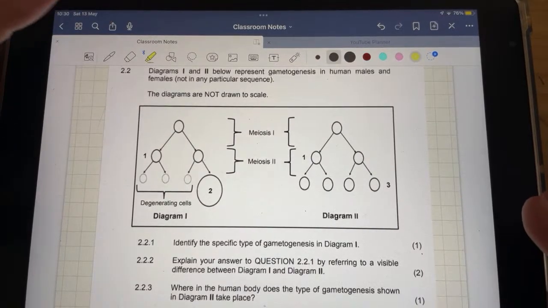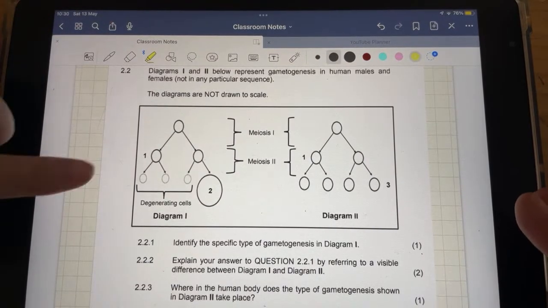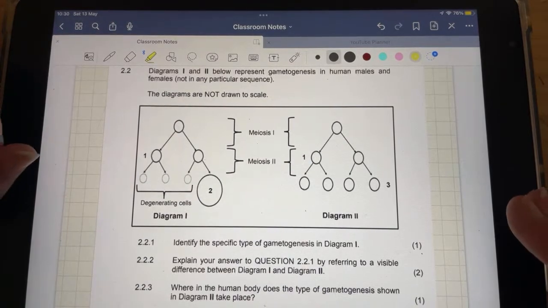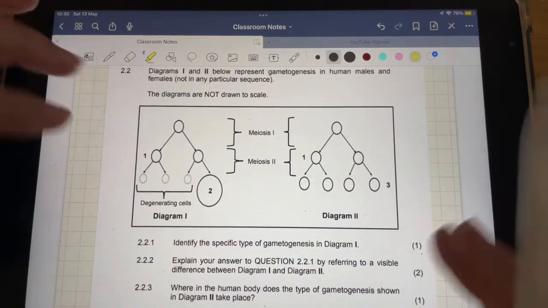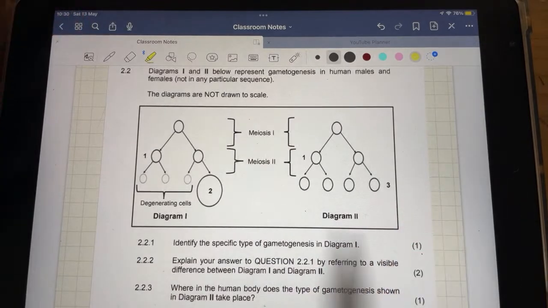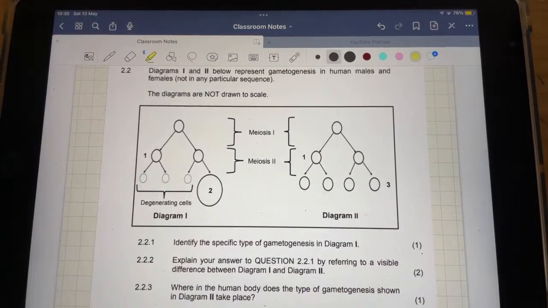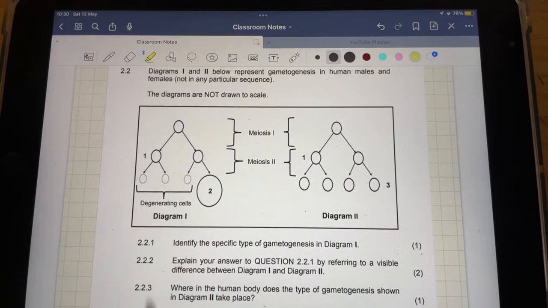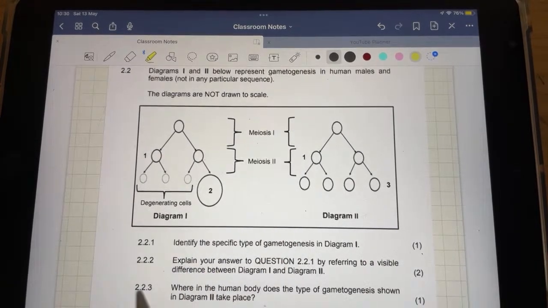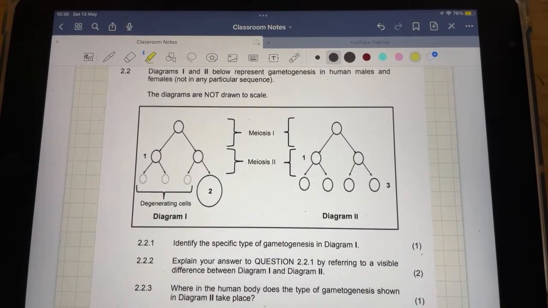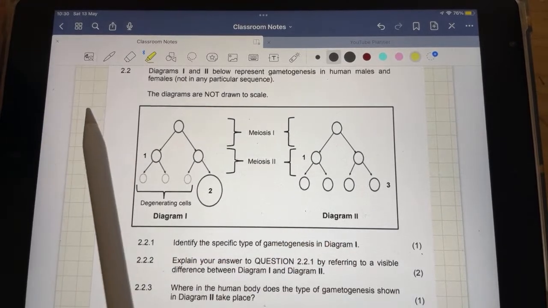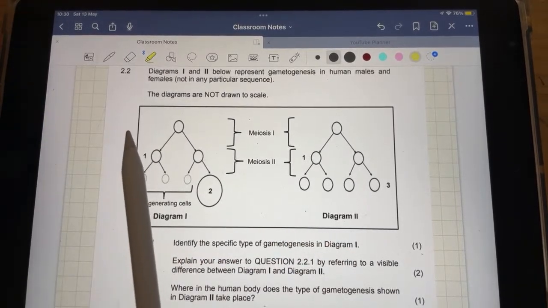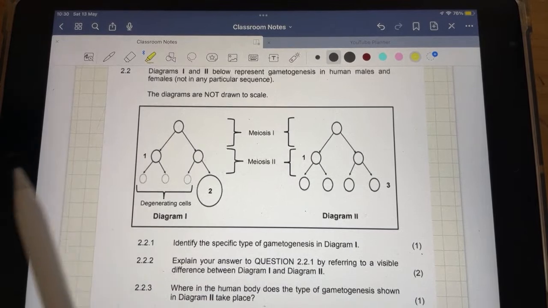This one is about meiosis, and please don't underestimate how difficult meiosis questions can be. I always warn my grade 12s that they can be very difficult, and we don't put a lot of effort into studying meiosis, and then we write our mock exam, or even our final, and we're like, whew, that was much harder than I thought. They make it difficult because the content is easier, so they have to make a harder question, basically.